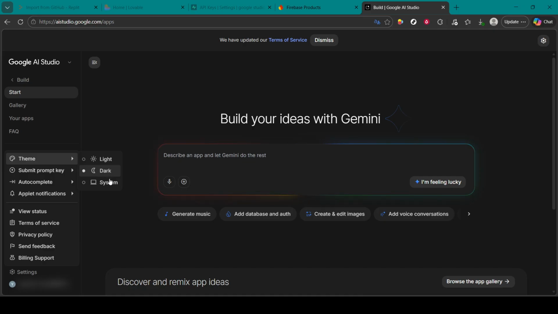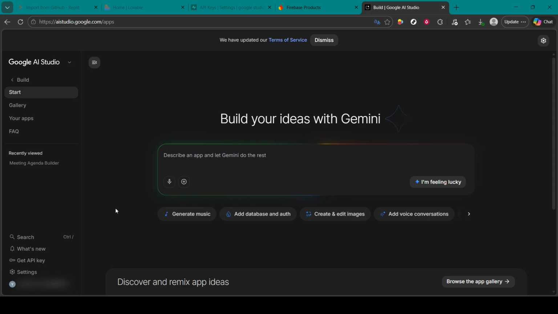System uses whatever your device or browser is set to, so if your computer switches between light and dark automatically based on time of day, Google AI Studio will follow that schedule without you needing to change it manually. Select the option that fits your workflow best. As soon as you choose one, the interface updates right away, so you can immediately preview how the editor, navigation,